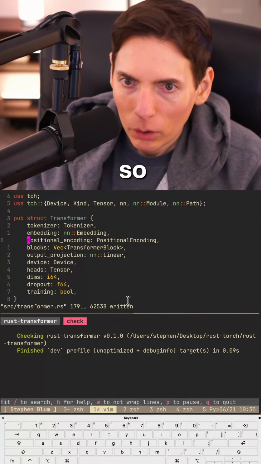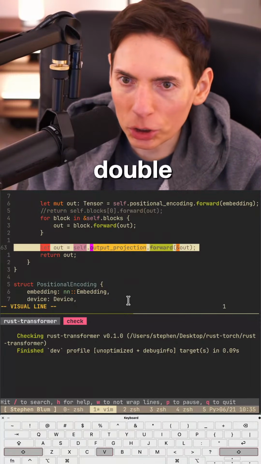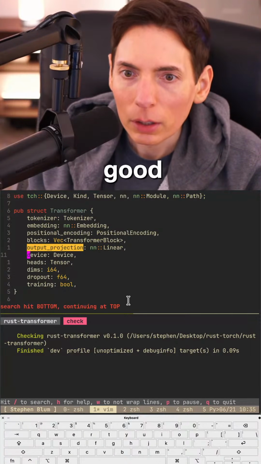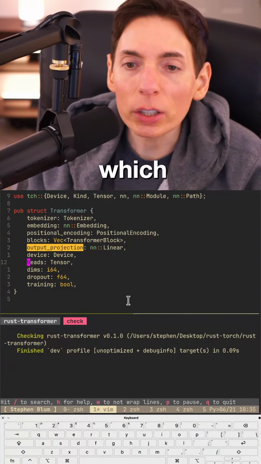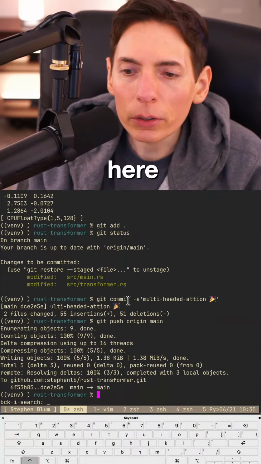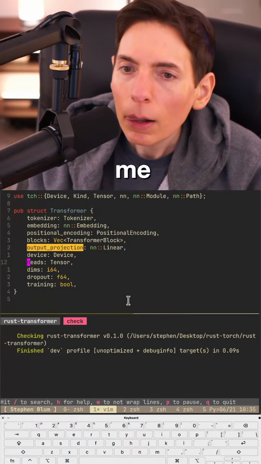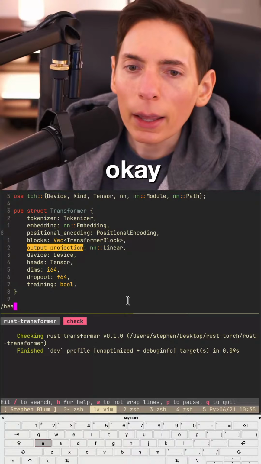So, positional encodings of blocks. Output projection. Yes, we used it. Double checking. Yep, right there. Looks good. Our device, our heads, which we set properly. Let me double confirm here. Run. Make sure that looks fine to me. Okay, heads.